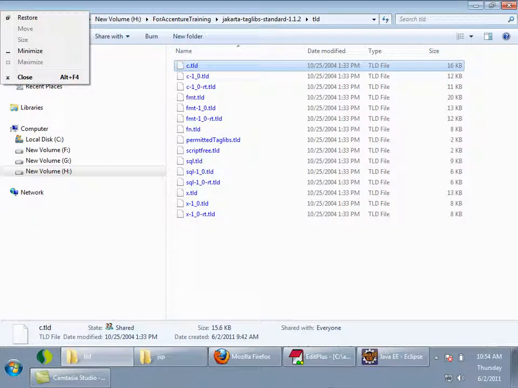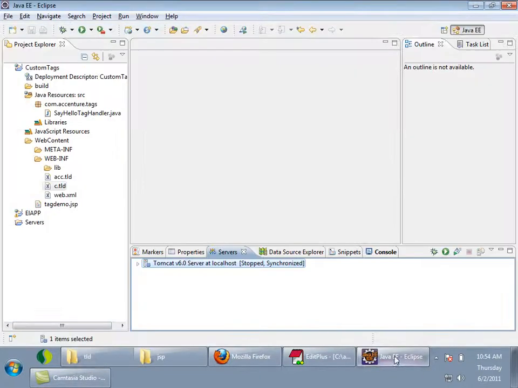So now I'll just give you a demo. There is a tag called c:forEach in the core tag library, which will simulate the for loop in Java, right? Now I will give a demo of it. So for giving a demo, I will write a servlet, and in that servlet I will keep a list of some strings. Then I will forward from that servlet to a JSP. In that JSP, I want to iterate over the list of strings and display them. Okay, this is a simple thing. Let me do it first.